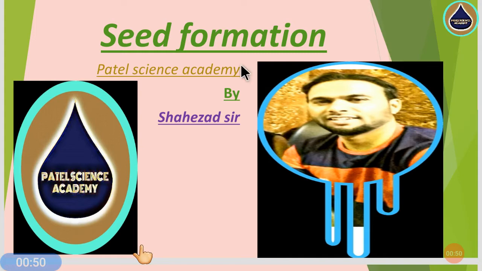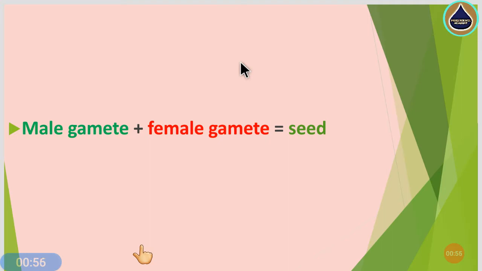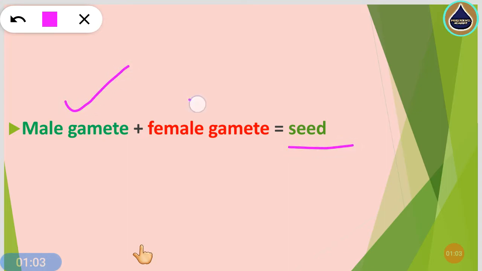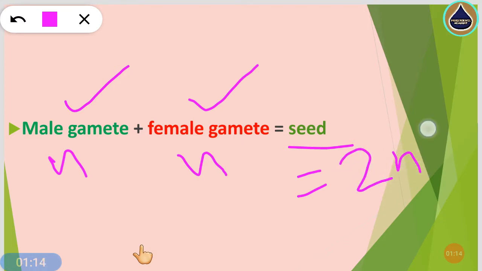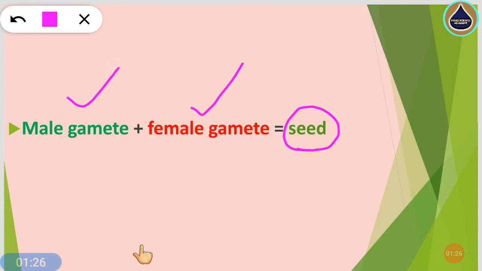So dear students, let's see the detail of these slides one by one. You can first understand the formation of the seeds. The seed is formed by the fusion of the male gamete with the female gamete. The male gamete is haploid, single n, and the female gamete is also haploid, single n, and they are fused. These two gametes fuse to give the 2n zygote, and that 2n zygote finally converts into a seed with its embryo. So it means simply this seed is formed by the female gamete and the male gamete fusion.